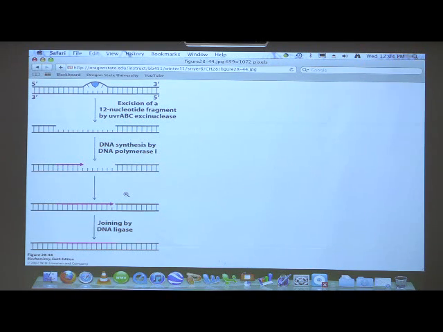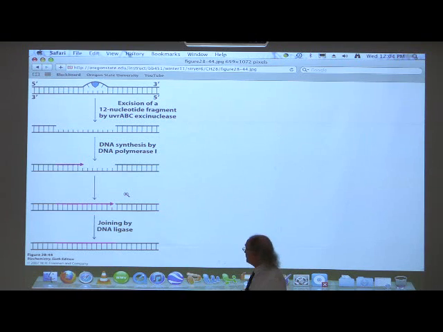And as a consequence of that, this bulge is recognized. It's quite clear which strand has the problem. This UvrABC system comes along and basically does what the last system did as well, makes a cut in the appropriate strand, excises back, and then DNA polymerase 1 comes along,